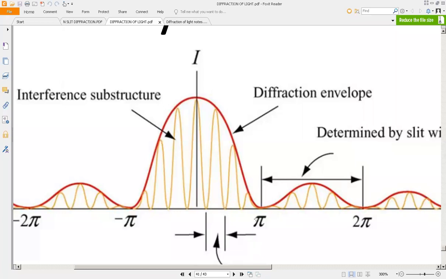And if you go further and further, you can see something strange here. At this point, sin alpha by alpha is going to 0, but our cos square beta is not going to 0 for some value of theta. So you can clearly see 0th order maxima is seen, first order is seen, second order is seen, third order is seen, but there should be a 4th order maximum which is forcibly suppressed by this sin alpha by alpha term. What I mean is, the product of functions can go to 0. f of x into g of x can go to 0.